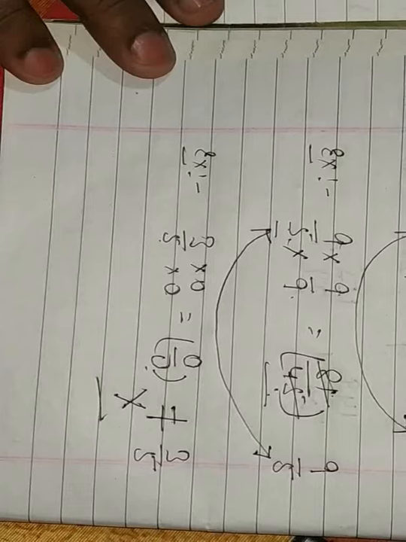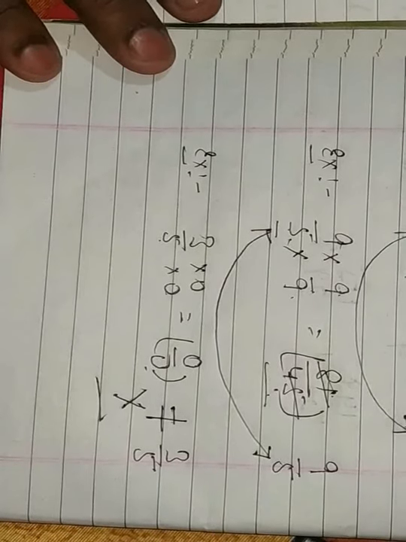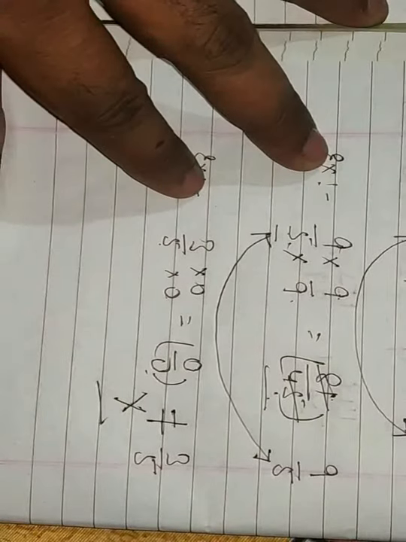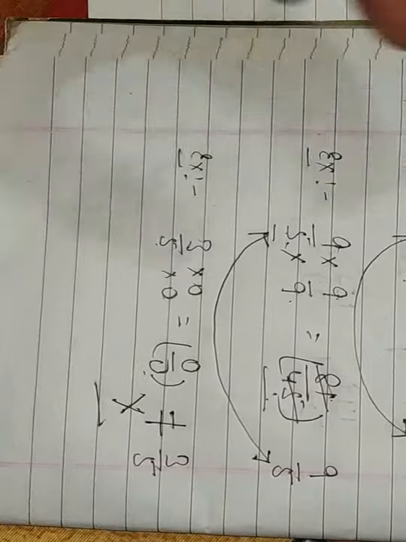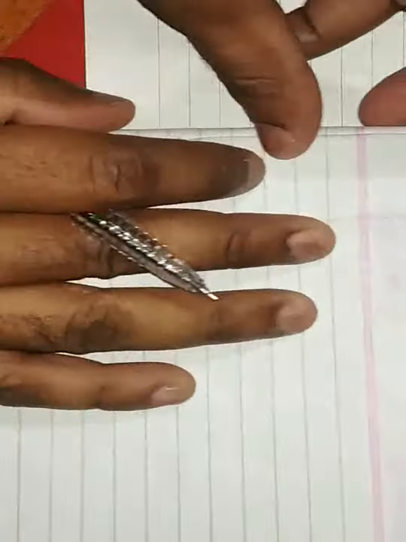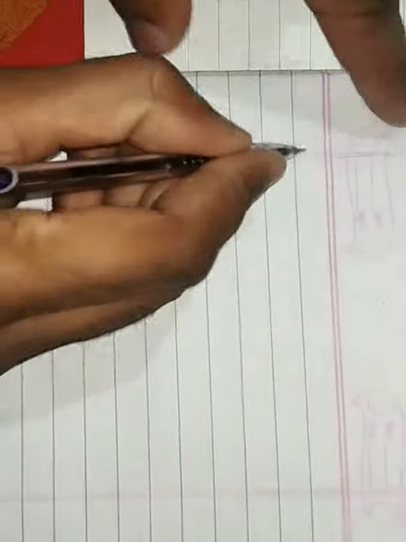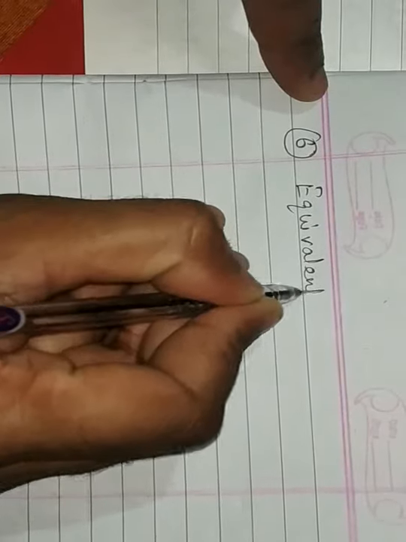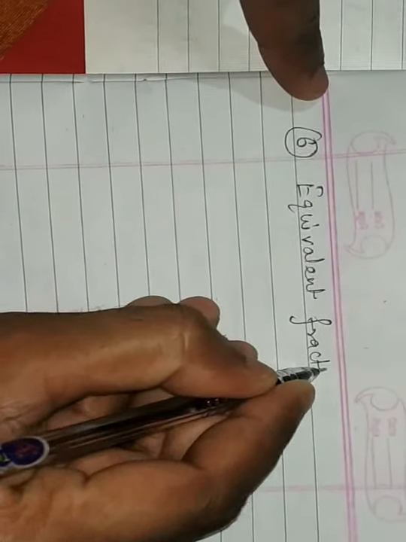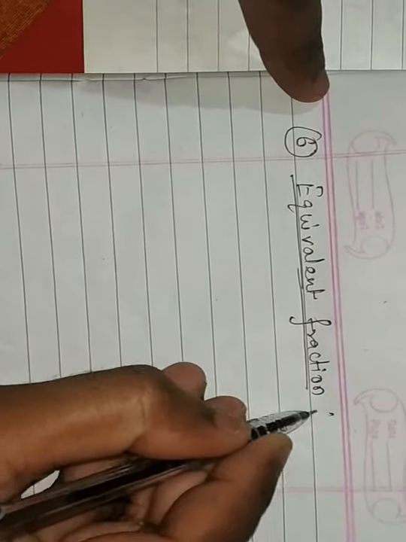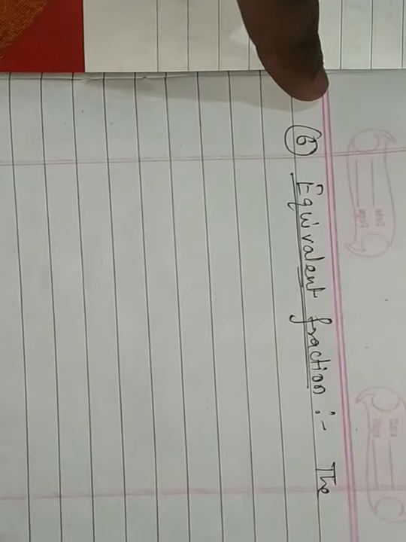This was the important property of fraction, that is multiplying both the numerator and denominator of a fraction by any non-zero number does not change the fraction. This was the first property of the fraction. Now let's move on to the other property, that is property number 6. We will study equivalent fractions. What are equivalent fractions? This is also an important property of fraction. Equivalent fraction. The fraction obtained by